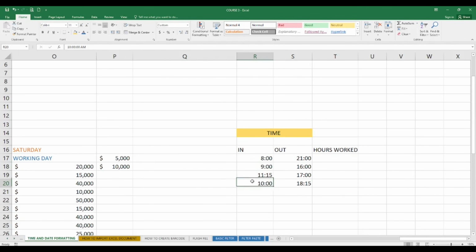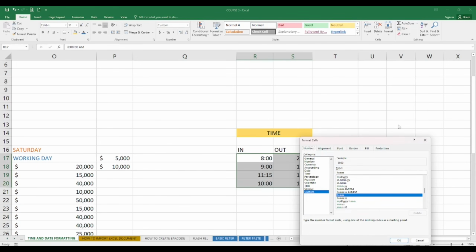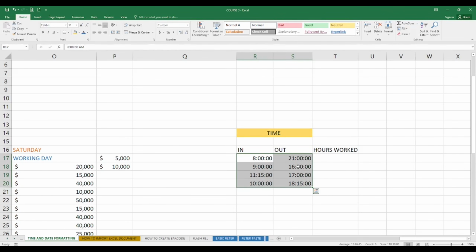To know that, you could see that your data is custom. All right, the data is custom. That is to say, it is following a certain pattern. You could check that by either going through format and then coming down to format cells. All right, to check, you could see it custom hour and then minutes. Okay, hour and minutes. If we change it to hour, minutes, and seconds, you will see the hour, minutes, and second formatting. All right,